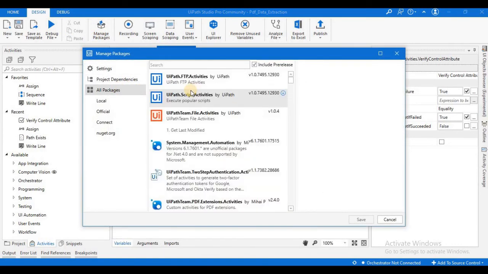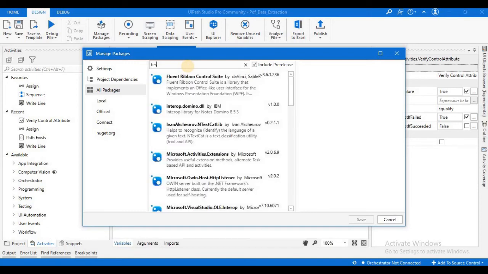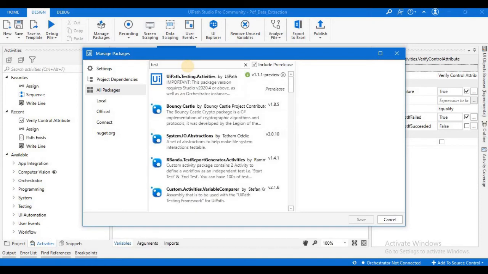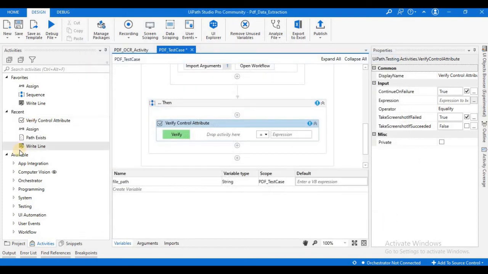What you need to type here is test.activity. So it will show you that the UiPath.Testing.Activities package is there. You have to simply click on download, click on install. It will be added to your dependencies. Okay, so here I have already taken this verify activity.